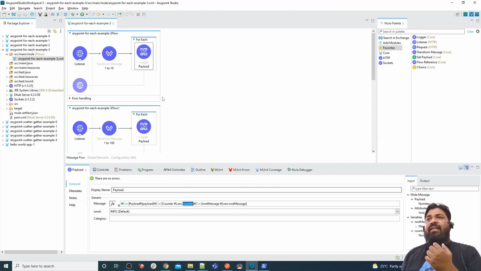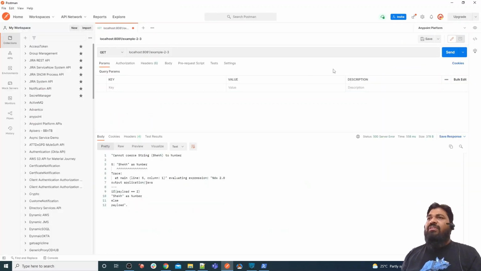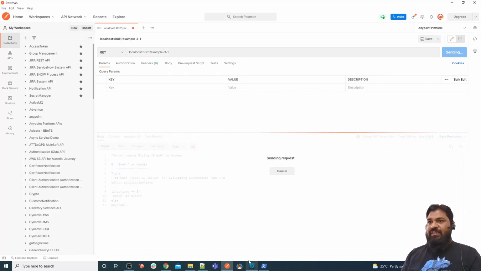Along with that we also have the root message. So at any point of time while executing a for each, if you want to check which iteration is going on and what the initial payload is, you can use two variables: one is counter, another is root message. Let me click on the send button. So this is example 3-1.